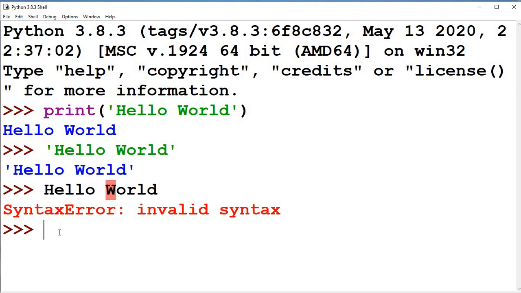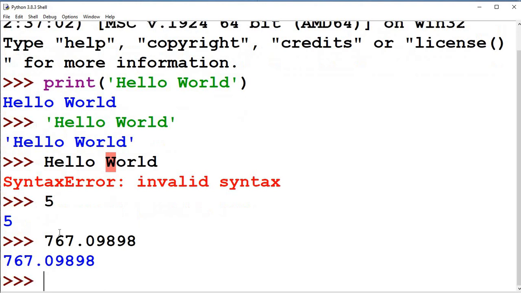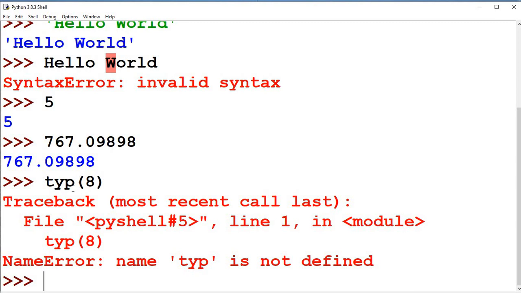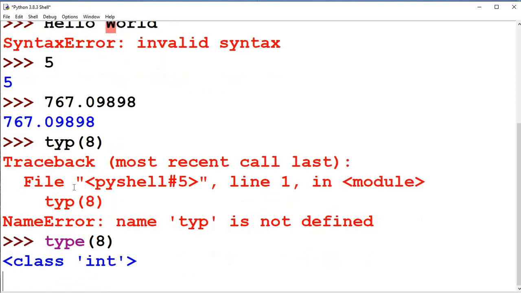If you write a number, say 5, it will understand 5. If you write something point something, a decimal or fractional number, it will understand. If you write type and then 8, it will show you that this number 8 is an integer, int.